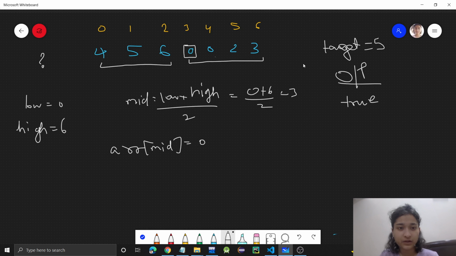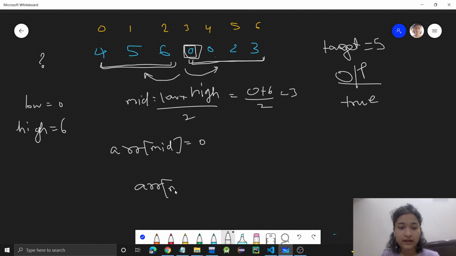Over here this is 0 and this is 4, so obviously this part is sorted and this part is sorted. We need to find 5. The point is where we will shift, to the right or to the left. So how do we know where to shift? We will compare with ARR of mid.